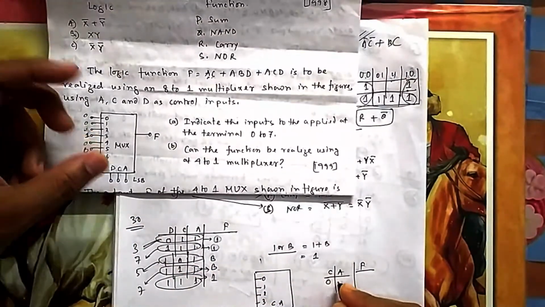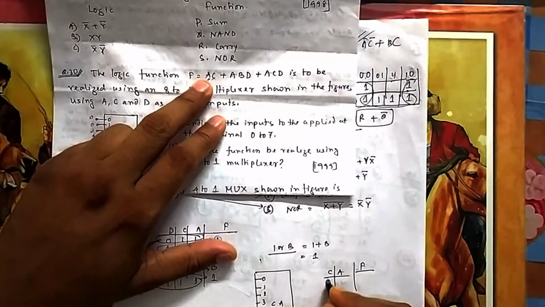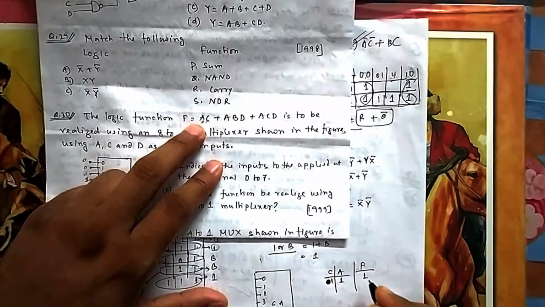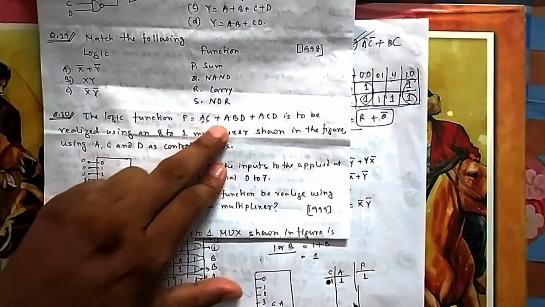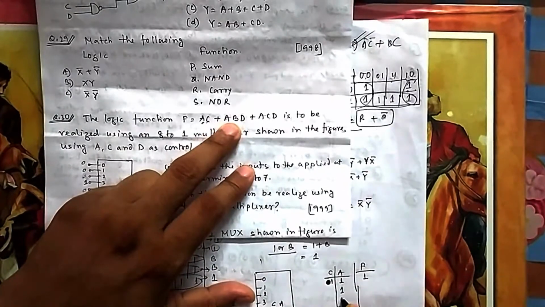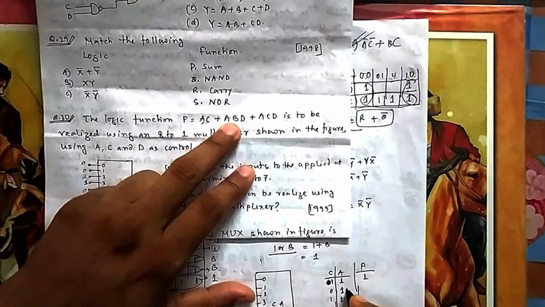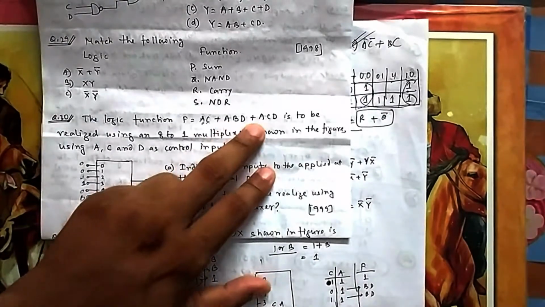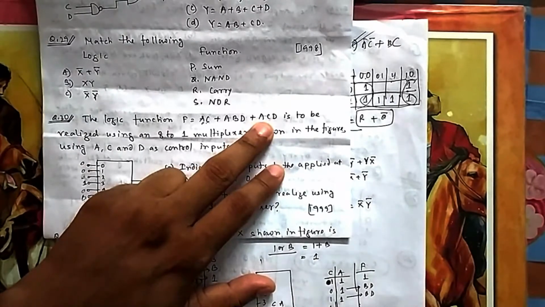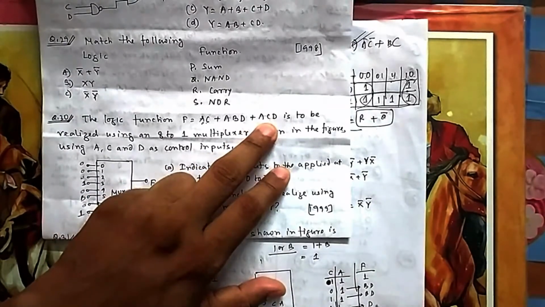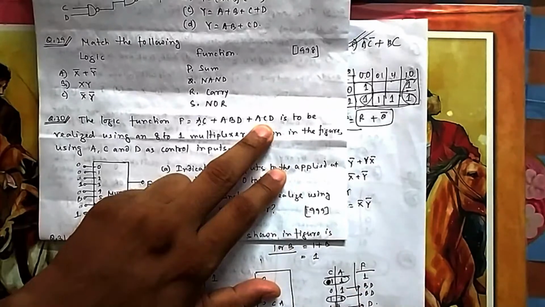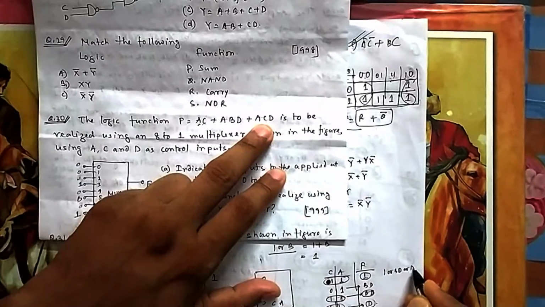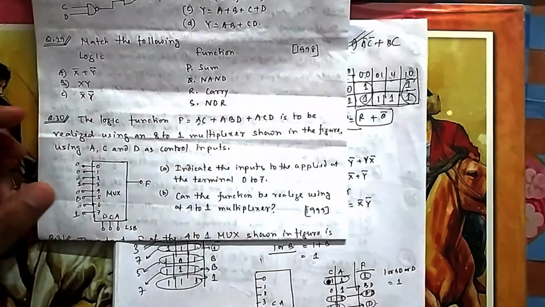So if it is 0, 0, what is your first option? Both are 1. So if you see the function, both are 1, then the function is 1. Whatever BD, that is not required. Next, if A is equal to 1, they have not mentioned, so A can be 1 in both ways. Then your output will be BD, because you have to write in terms of BD. If A and C both are 1, then your output is D. So for 1 1 there are 3 cases, and each one is OR: either 1 or BD or D. If you add all these things, the output is 1. So for 1 1 we will take 1.